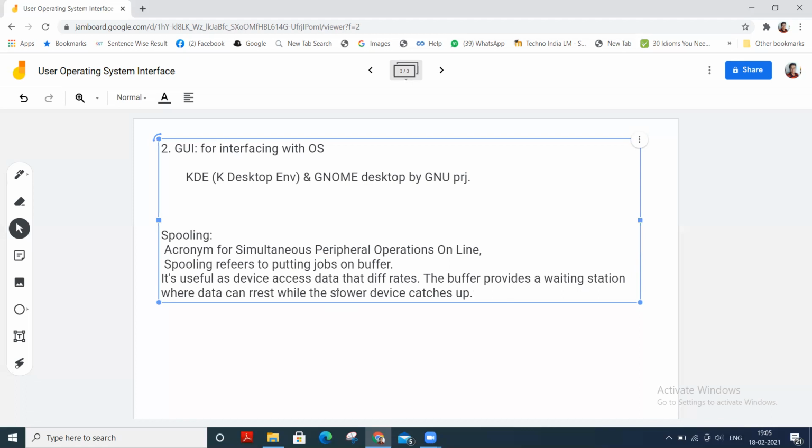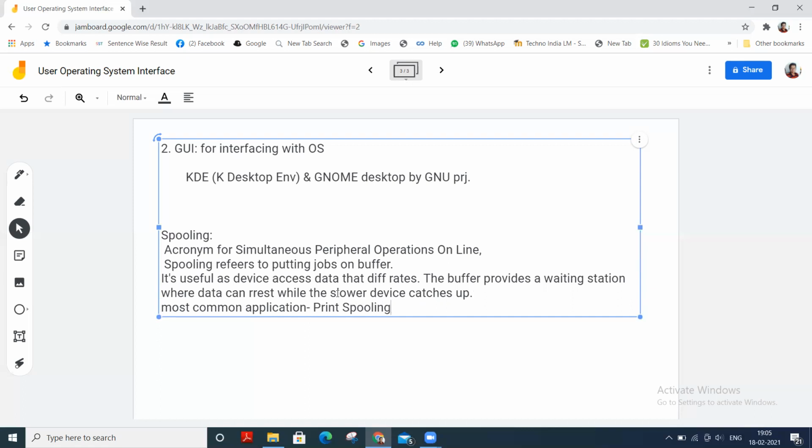The most common spooling application is print spooling.